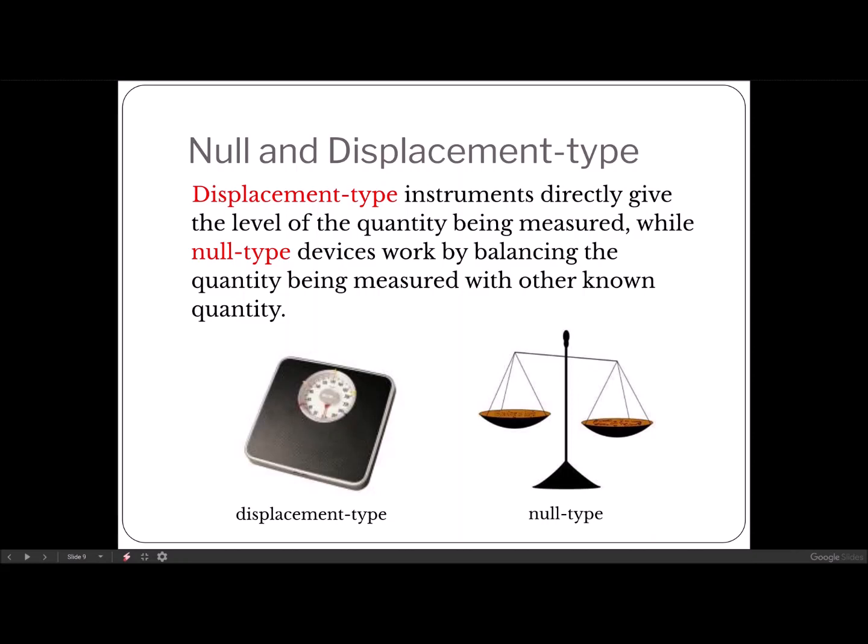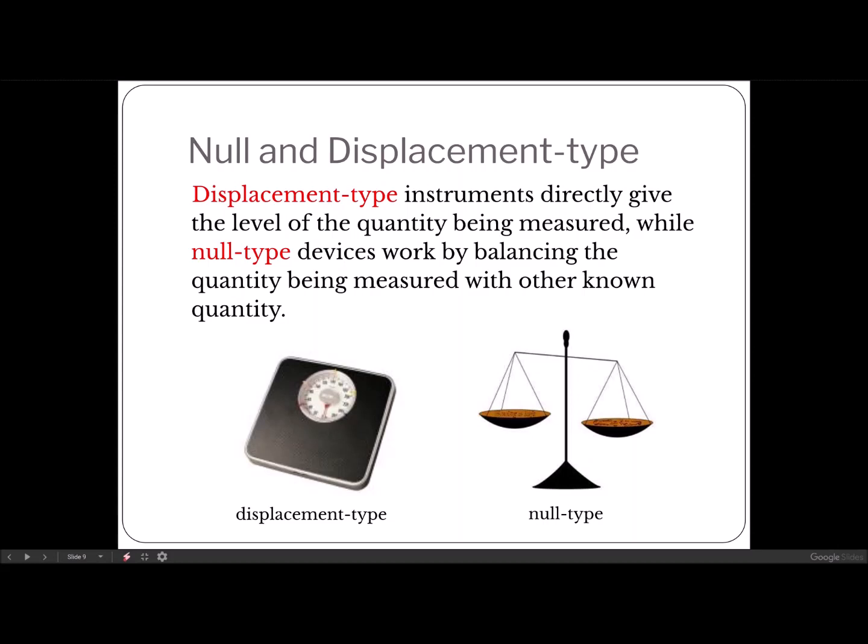While for null type, you measure it by comparing it with a reference. So the direct example will be the body weight scale that normally we put in our bedroom. If you step on it, the dial here will show your body weight directly. While for null type,